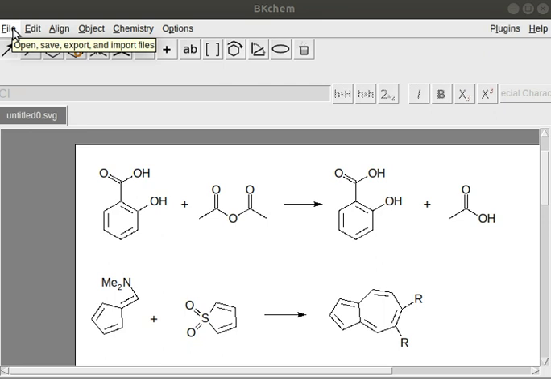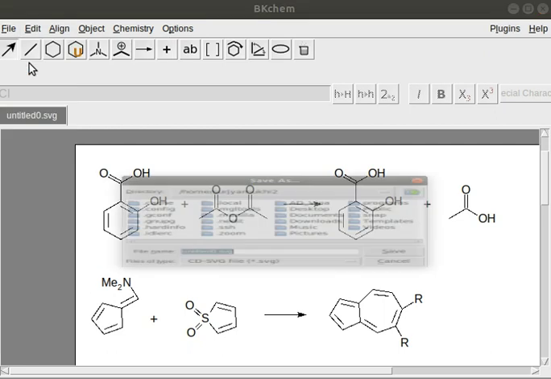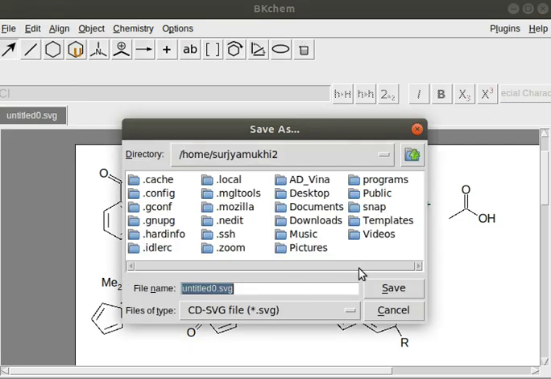So at first we have already missed one thing: we have not saved this file. So let us save it. These files get saved as SVG files, which is a particular kind of graphics file. We can choose a destination such as Documents.